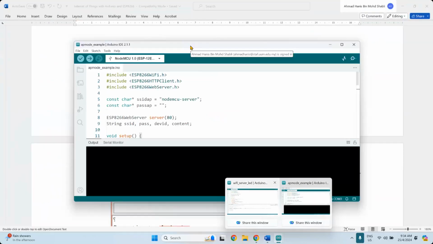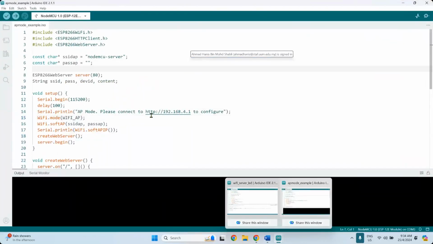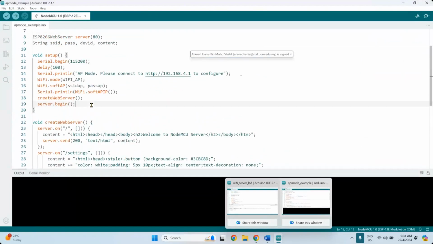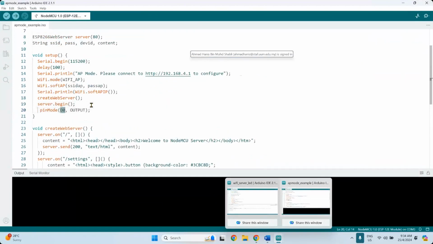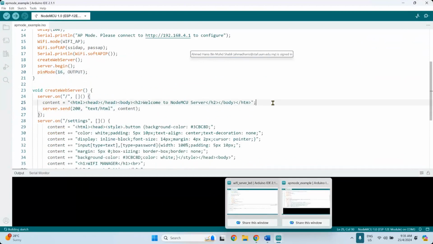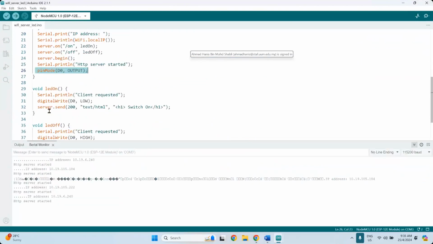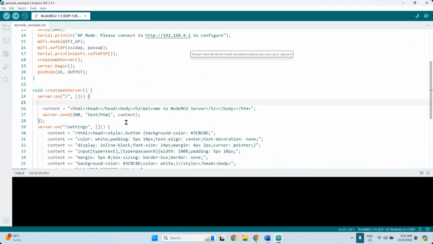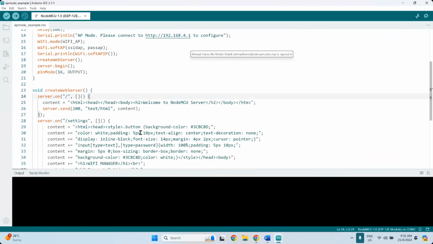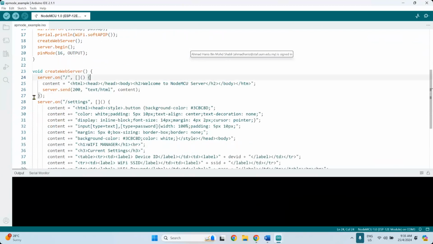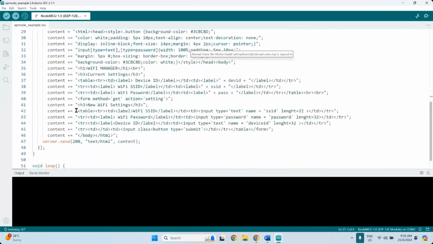Mode 16. Okay, so let me try using this one. Mode 16, which is for the LED, set as pin mode. And then if we provide the command here, we just want the LED to turn off and on. So LED on, which is low. I'm going to create another server, which is for on and off.